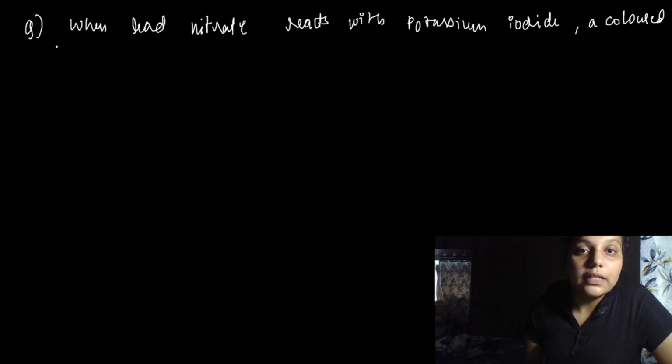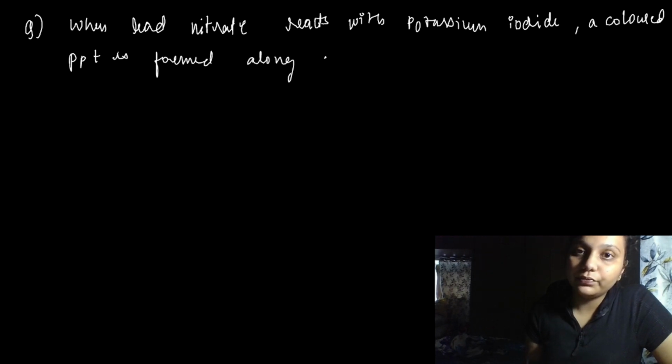We know that lead nitrate and potassium iodide is a double displacement reaction. So when we are talking about double displacement, there is obviously a colored or a colorless precipitate. Something precipitate is formed, maybe of different colors. But in the case of lead nitrate and potassium iodide, we know that it will be a yellow precipitate. We know that, right? So a colored precipitate is formed